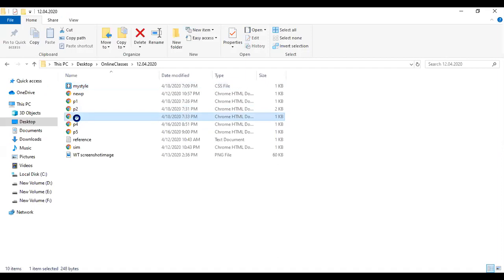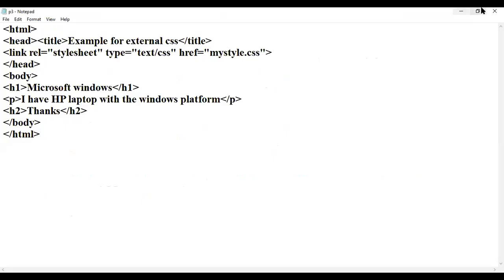See in my P3 program I have written H1, P and H2. Here I am not writing any styling properties. Then I will quickly go and execute this program P3.